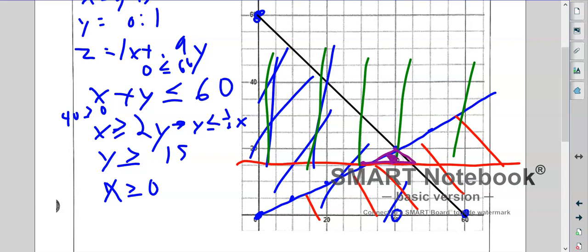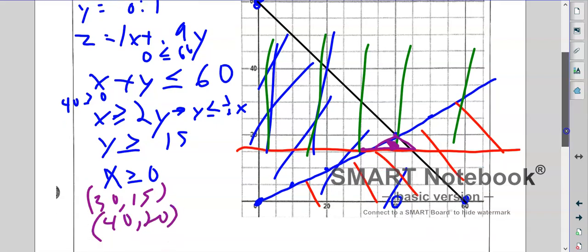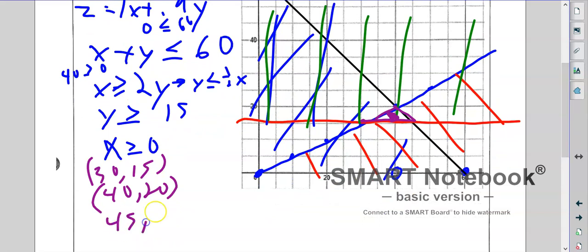This little triangle right there. Okay, which ends up being 30, 15, 40, 20, and 45, 15. And I'm going to plug that back into this formula right here. And I already crunched the numbers. So that ends up being